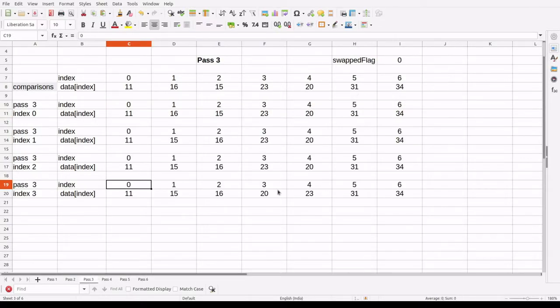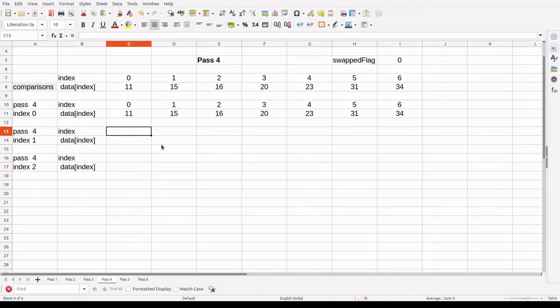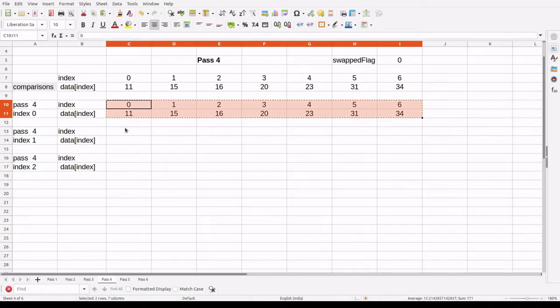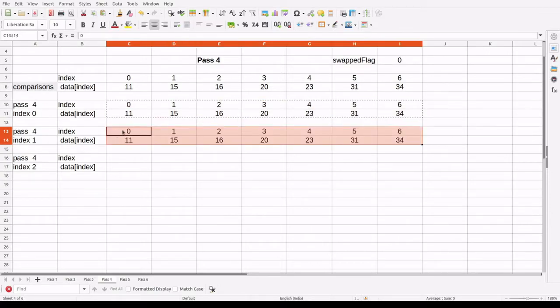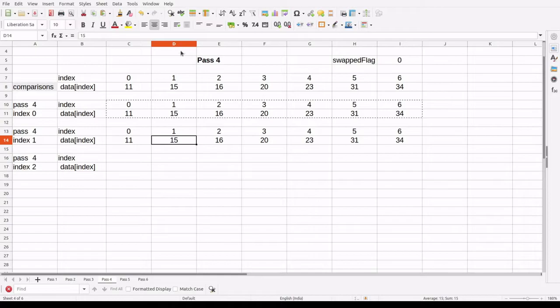And one thing I forgot, did we make any changes here? Yes, we had one swap there, so we'll make the swap flag 1. And what about pass 4? We haven't made any swaps here yet. We'll see if we have to make any. The index is 1. Is 15 less than 16? Yes, so no changes there.